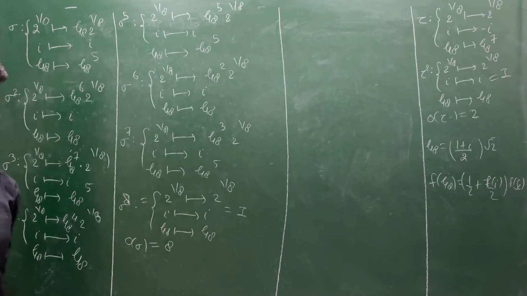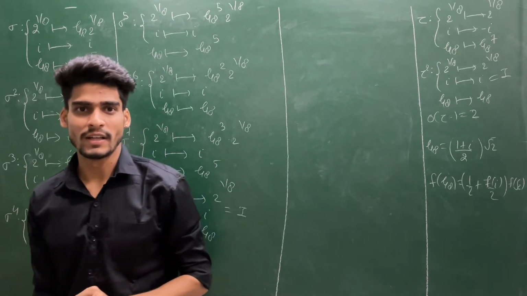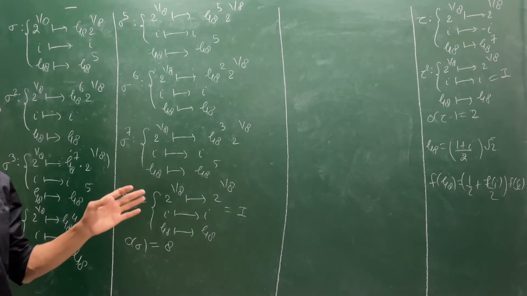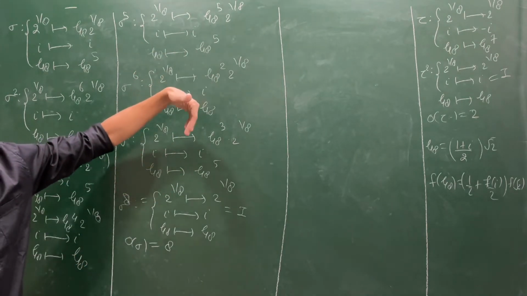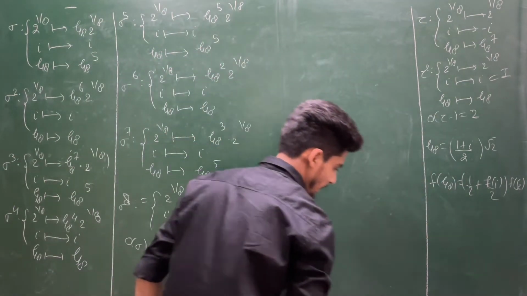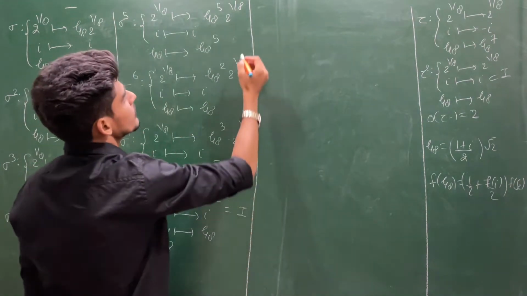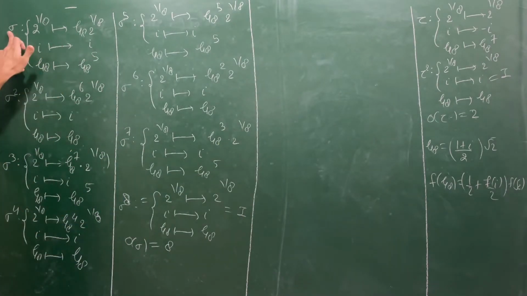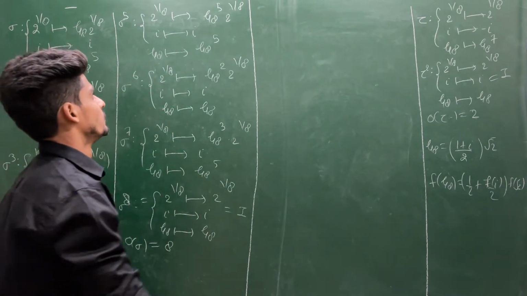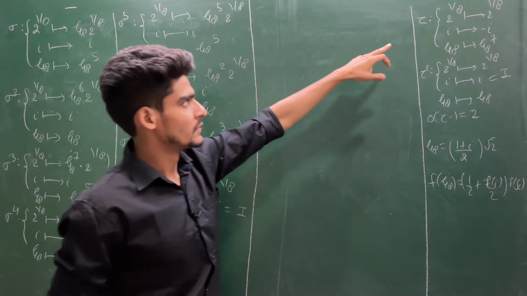How many distinct elements have I written? I have written 8 elements and 2 elements. I have written 10 elements. So I am left with 6 more elements. It is not required to write the repeated elements, so I'll always try to write distinct elements. Now, if sigma is there, tau is there, then all the possible combinations will be there. So you are getting my point. This sigma is actually generating the rotation group, and this tau is a reflection of order 2.